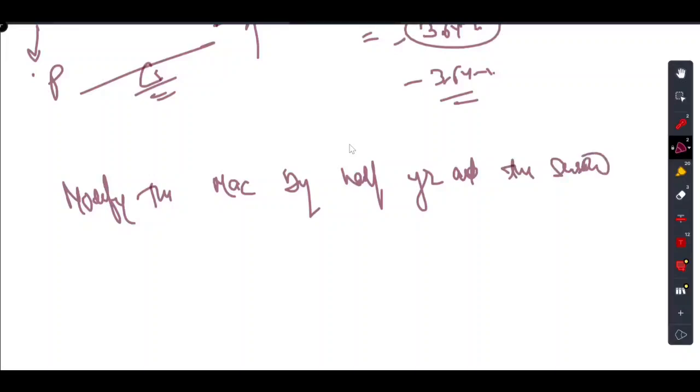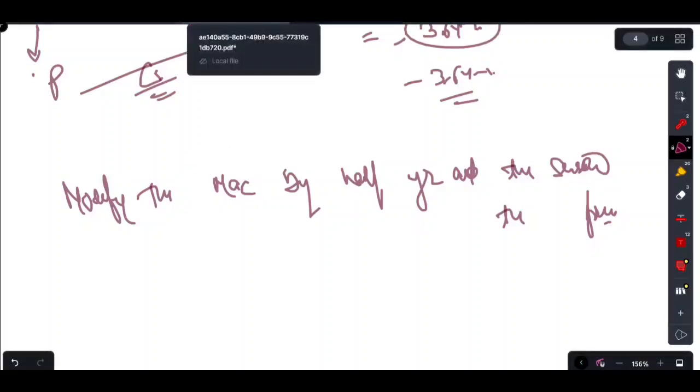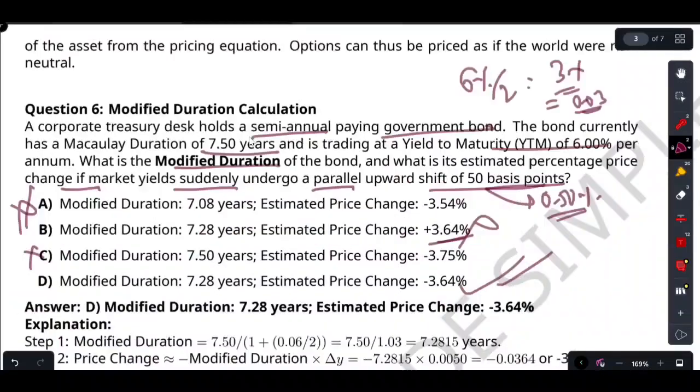It means, whenever the interest rate is semi-annual, physically slice the interest rate in half before you divide by the Macaulay duration. If the rate went up, put a huge down arrow next to your price, and you can eliminate any positive price answer. I hope the concept is crystal clear.